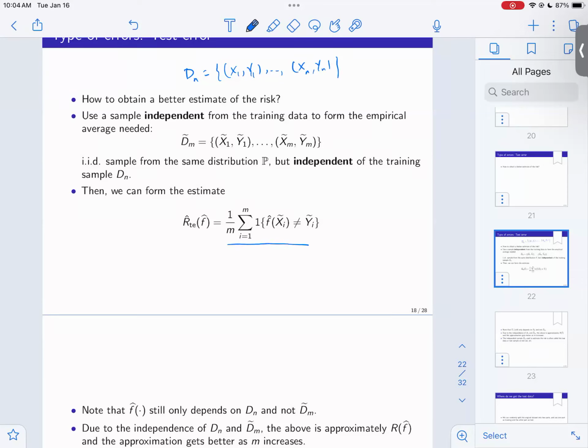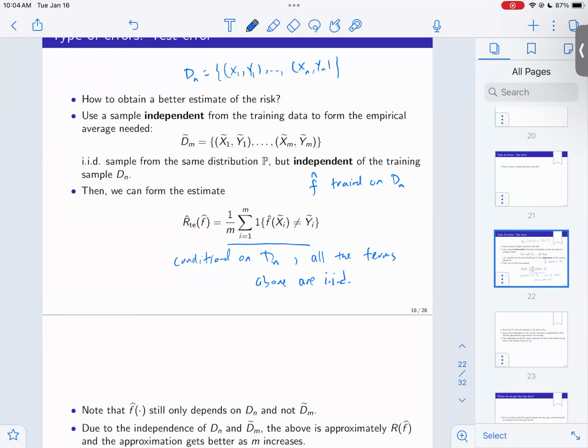Then I evaluate my function, which is trained on, or derived from, the N. Trained means I constructed it out of the N, the way that we did. So we trained on the N, but we're going to test on this D_M tilde. I'm going to evaluate it on these examples that I haven't used in the training. And if these are independent, then conditional on D_n, all the terms above are IID.